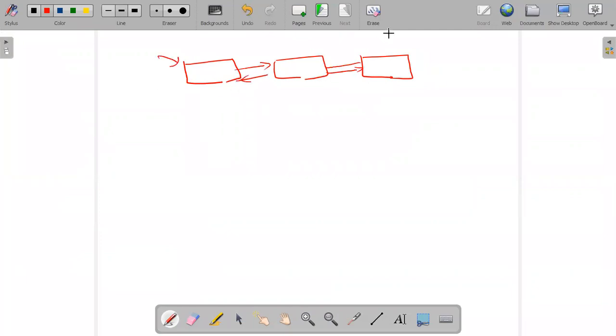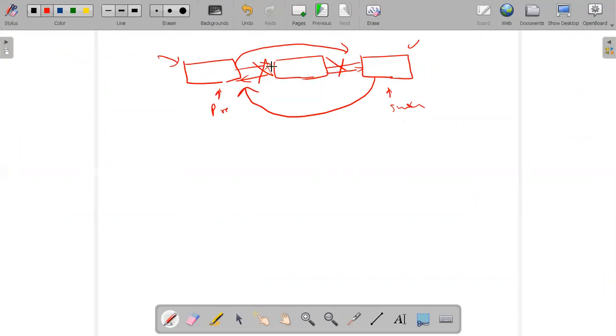This is the header. So I need to delete this node. I'll get the previous, so I got the reference. This is the predecessor, this is the successor. Now predecessor dot set next should be pointing to this one. Successor dot set previous should be pointing to this one. So this is deleted.